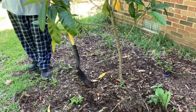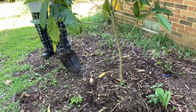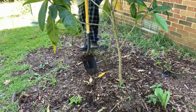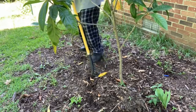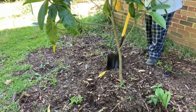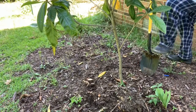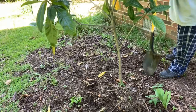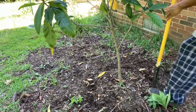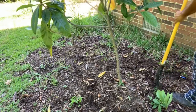This is probably what was wrong with this tree. I heard one little root snap. What's probably wrong with this tree is it's just not growing here. It don't like it. Something about it, it don't like. Maybe it's too much shade. Some people grow it in part shade, part sun. Maybe this is just way too much. So, I heard a root pop, so it did come out this way. Really nothing else over here, so